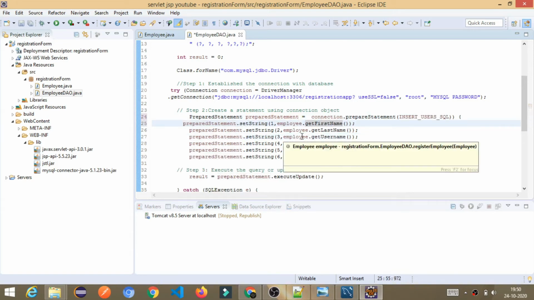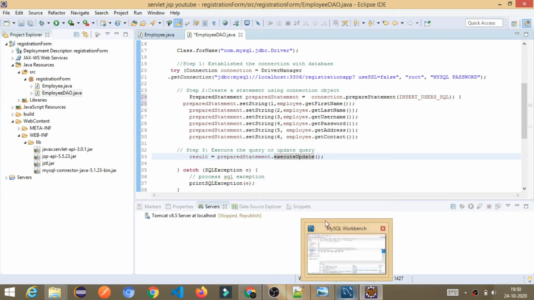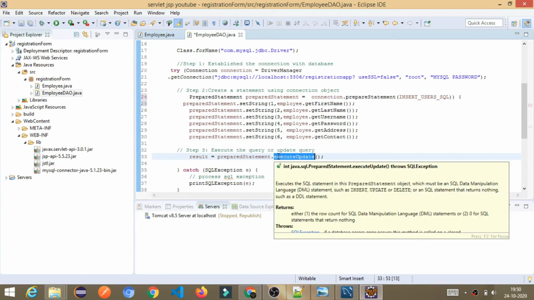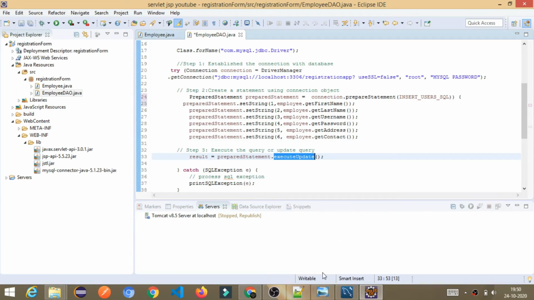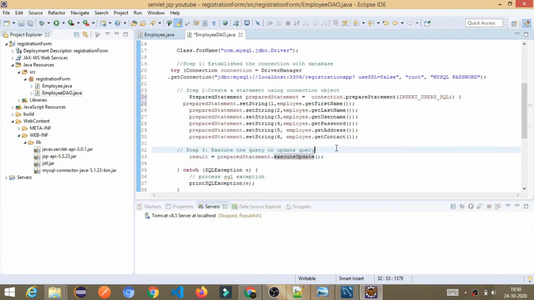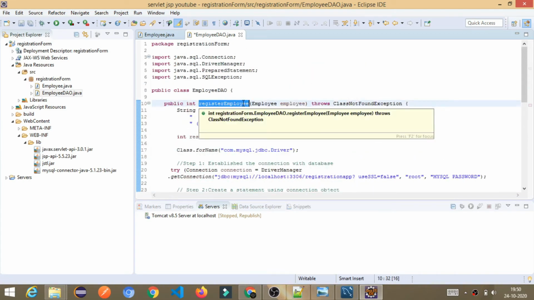Finally, we call the function executeUpdate. Once this query is executed, all the details of the employee get saved into MySQL. This line is executing that SQL query, and all the data will be stored here. In the next step, I will show you from where this registerEmployee method gets called.